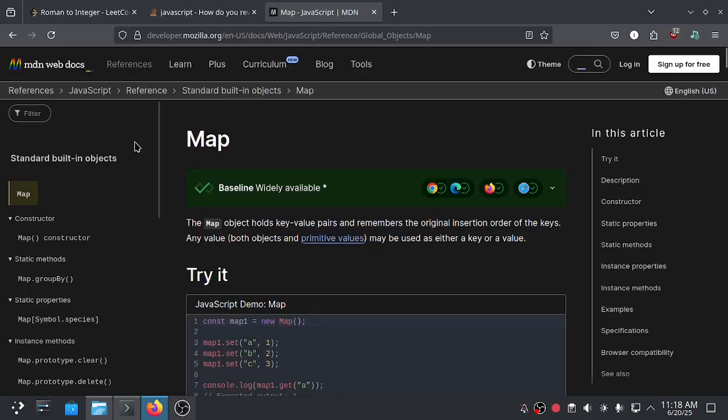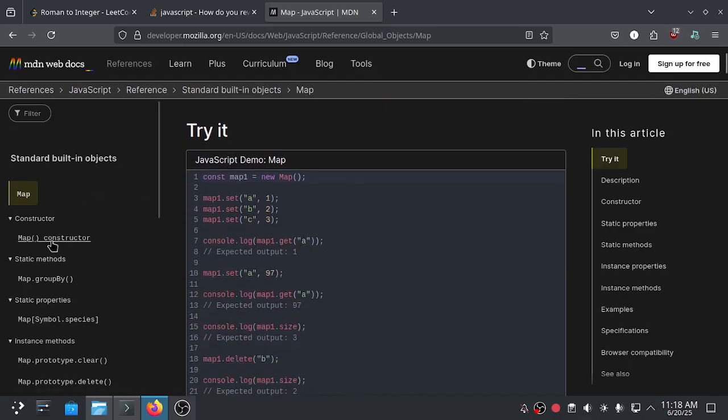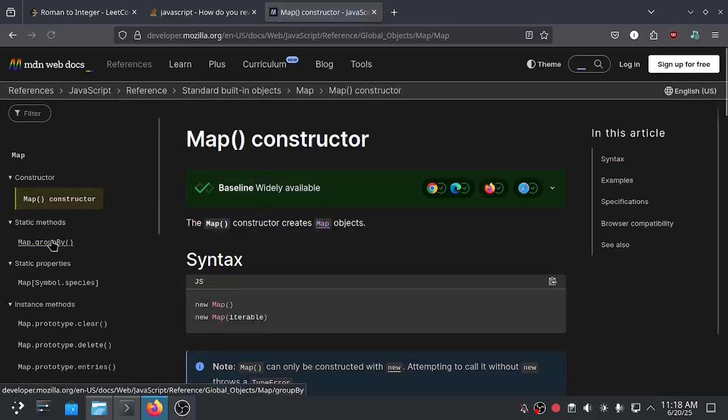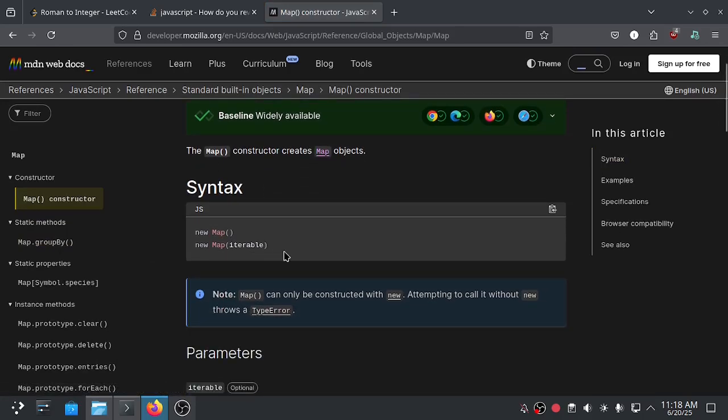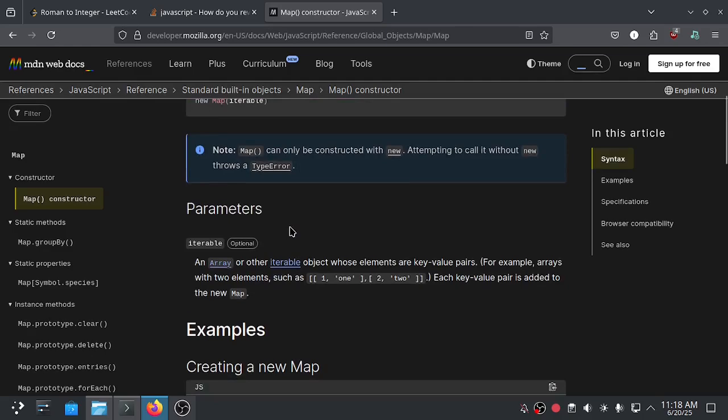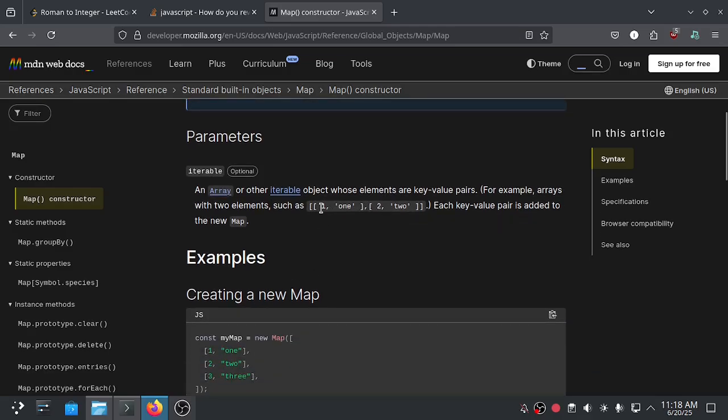For the Map constructor, as we can see on the JavaScript MDN documentation, we scroll down to the sidebar right here on the Map constructor, and this is the iterable, and we can construct key-value pairs.